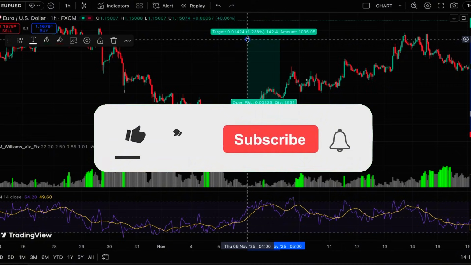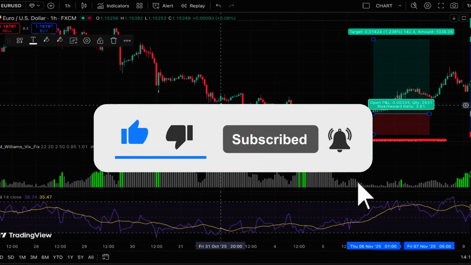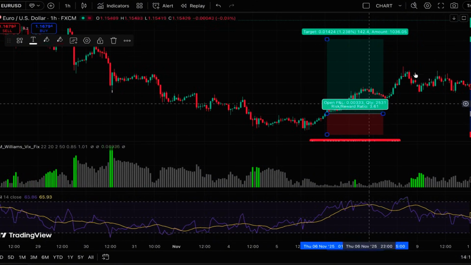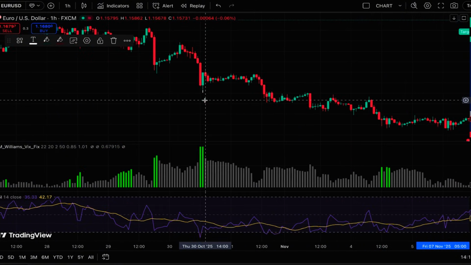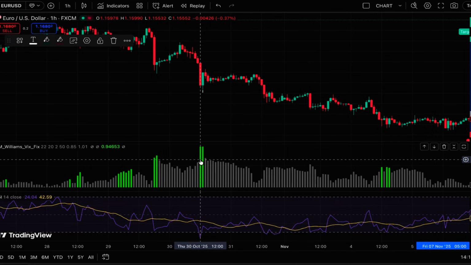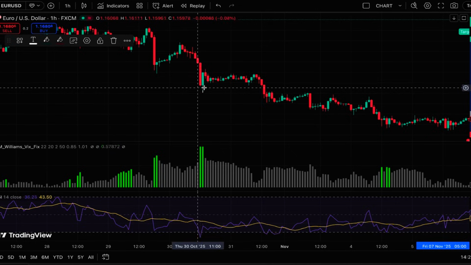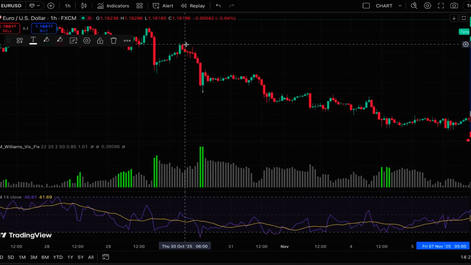By the help of this method and the layers of confirmation that we added, we can easily filter the false signals that happen during pullbacks, and so we can trade only when the bottom of the market has really happened and the price is turning to an uptrend. For example, here you can see that the indicator turned to green, giving the signal that probably this is the bottom of the market. Based on our trading strategy, we mark this level, which is the last lower high, and we wait for the price to break above this level, but it didn't happen,